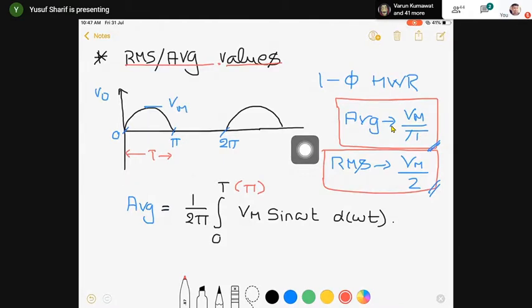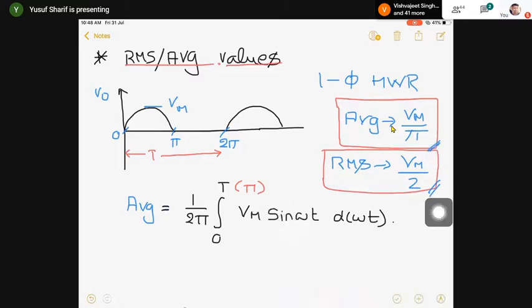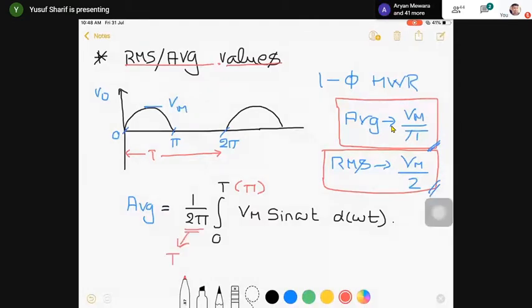So this is a mistake a few students make. Not everyone, a few students. Okay. When you pay a little attention, you will not commit this mistake. So that is the reason I didn't write the time period here. Even this is also a time period. I should not write this 2 pi. I thought of simply writing it as t.